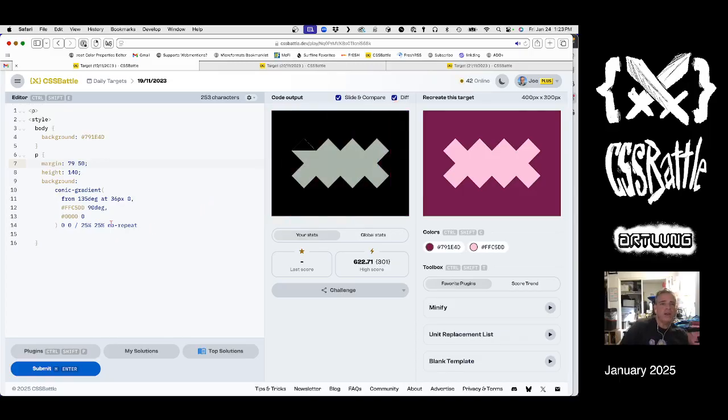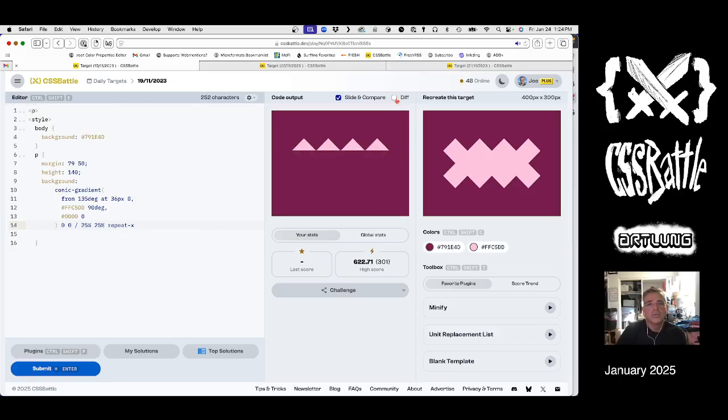precise as it can. And so now if I do a repeat X, I get the top corners, more or less. If I want to do the bottom one, it's going to be very similar. Now that's identical,